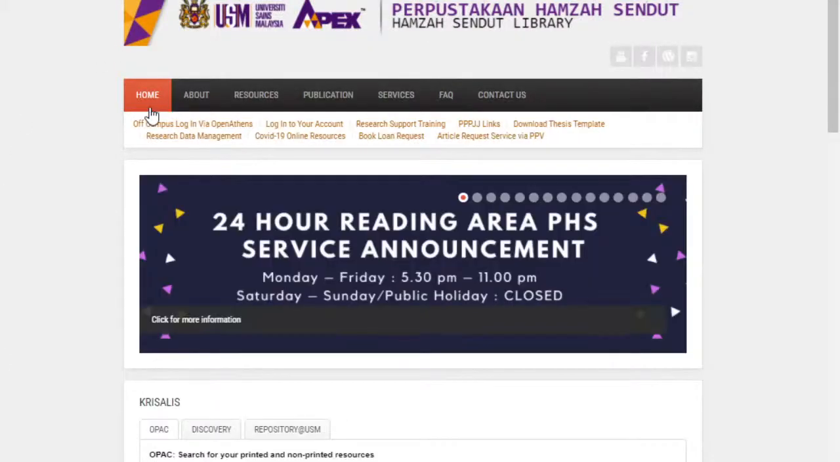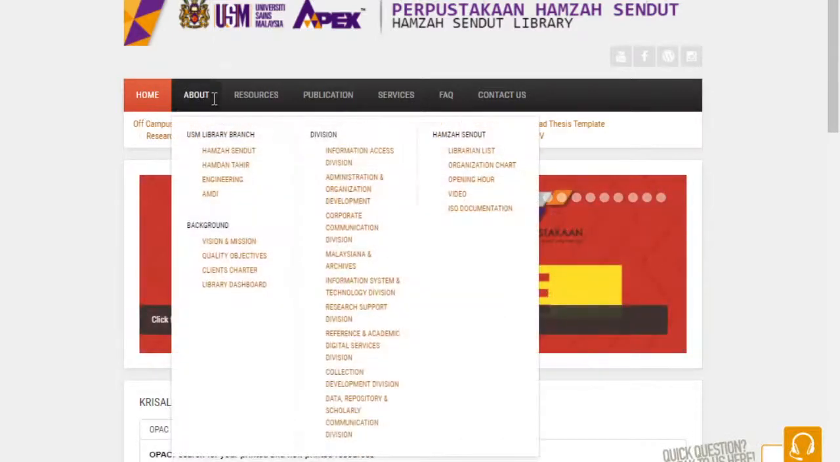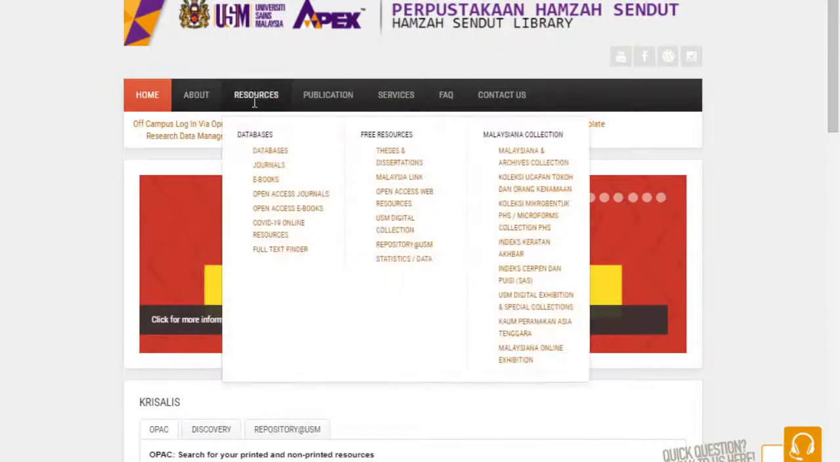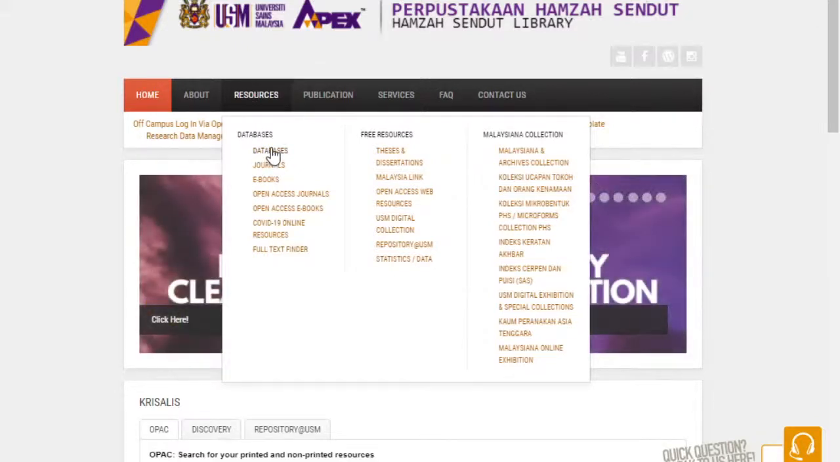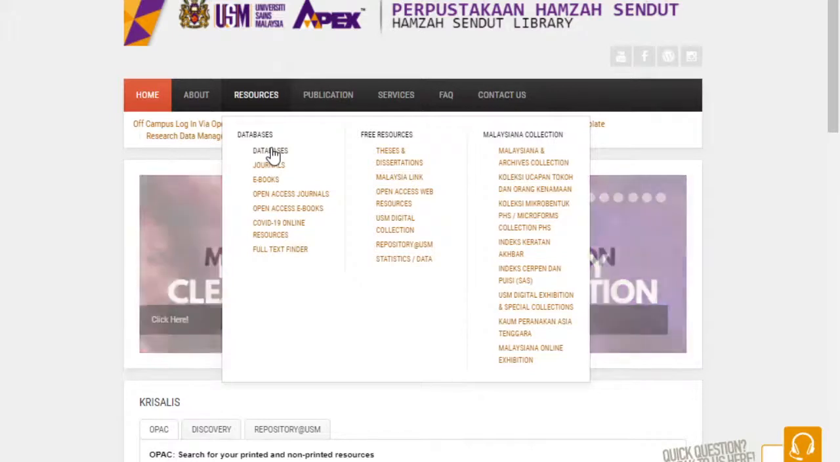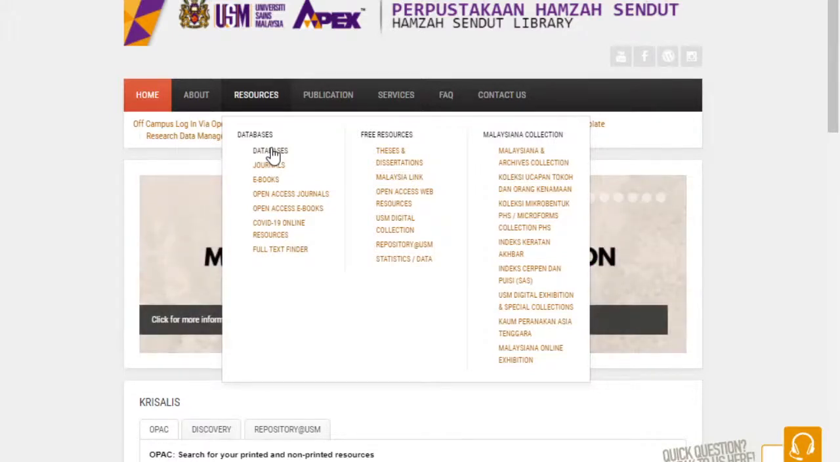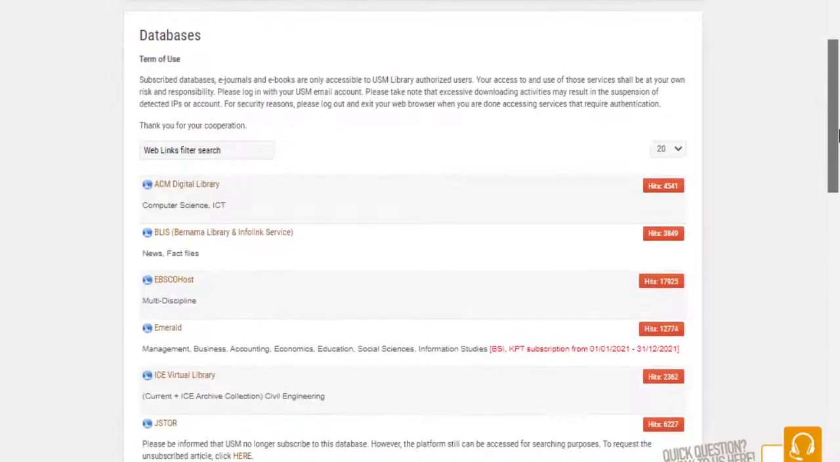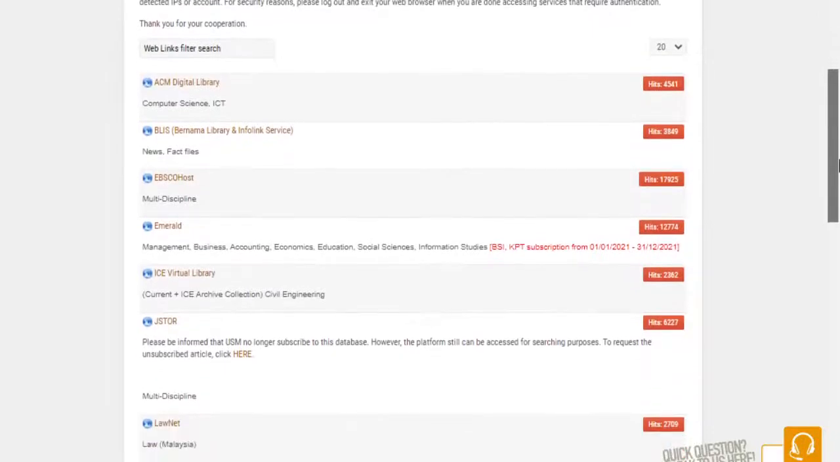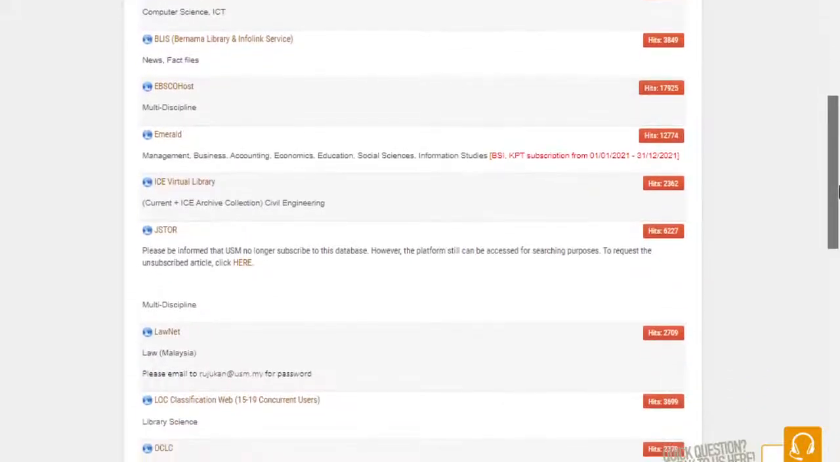Yes, now this is the homepage. In this homepage, you can find the resources, and under resources you can find the database. In this database we have all sorts of databases. Go and click, just go and explore what type of databases we have in the USM library. Now these are the databases that we subscribe to: Emerald, JSTOR, LawNet, which may not be relevant